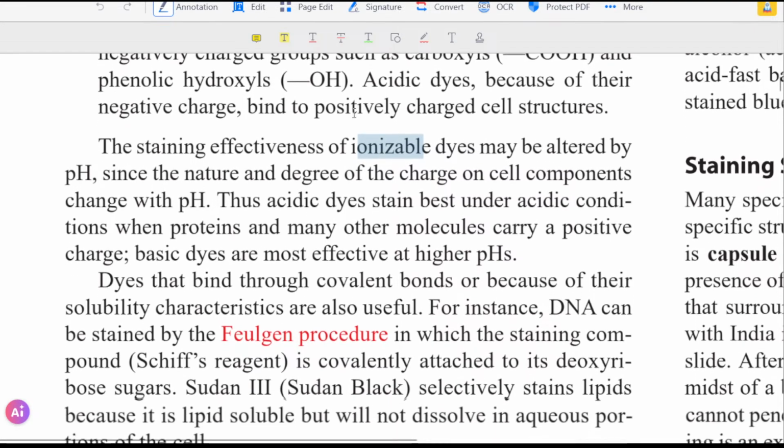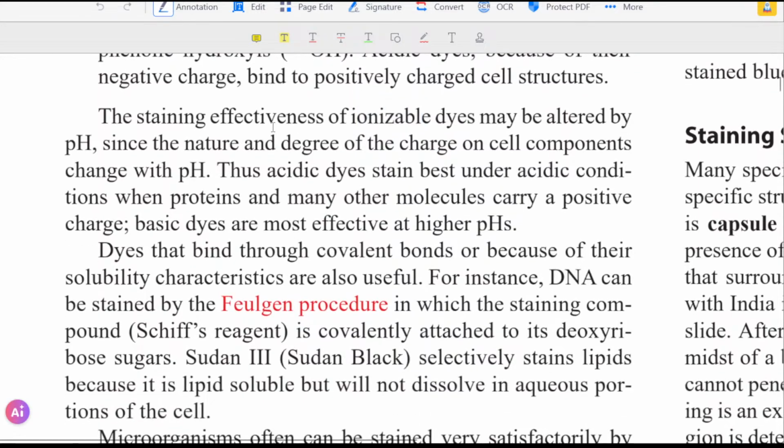The staining effectiveness of the ionizable dyes may be altered by pH, since the nature and degree of the charge on the cell component change with the pH. That's correct. They are saying that the effectiveness of the staining will change if we change the pH, because pH is the concentration of hydrogen ions and hydroxide ions. So if we change the pH, the ionizable dyes